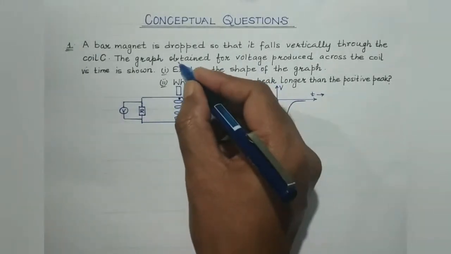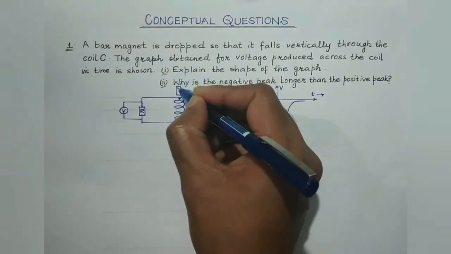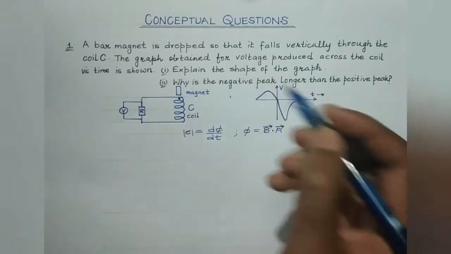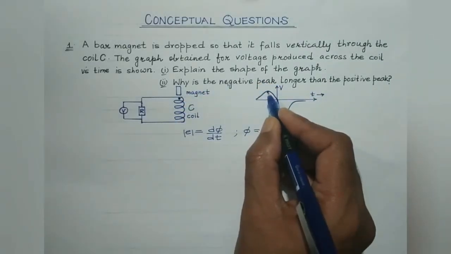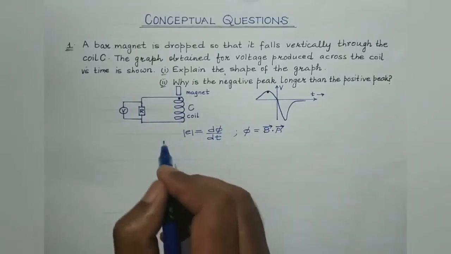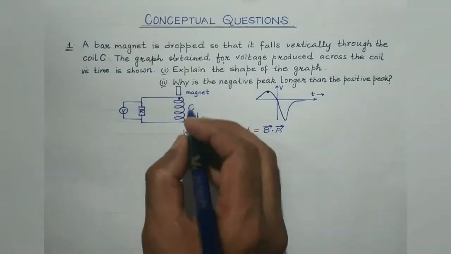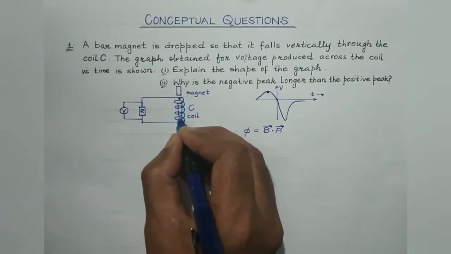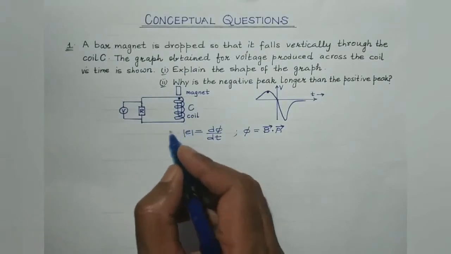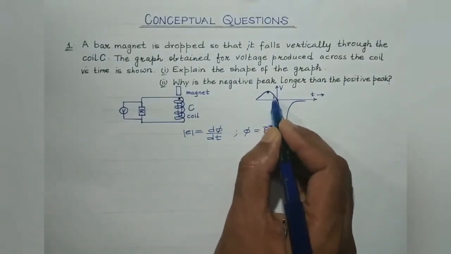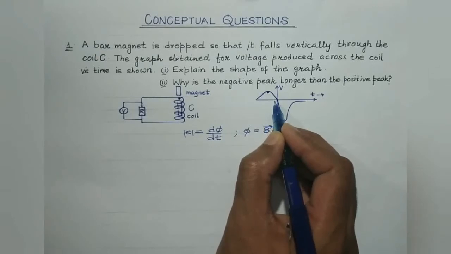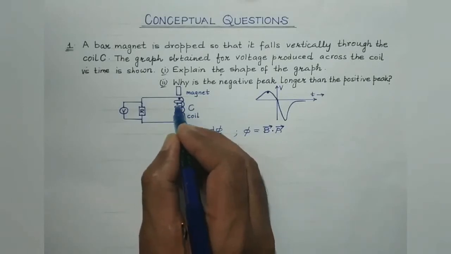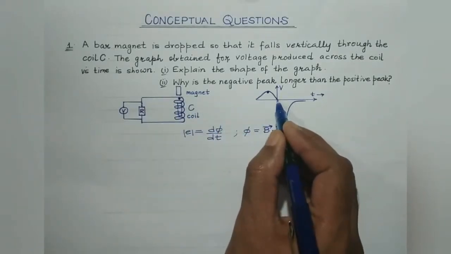So as the magnet comes down, the flux tends to increase, and just when it is above the coil, at this point, the EMF attains the peak value. This is the peak value, right? And then while the magnet moves through the coil, when the magnet comes somewhere in between the coil, the magnetic flux starts decreasing. With the flux, the induced EMF also decreases. And at the instant when it is exactly inside the coil, the induced EMF becomes 0.